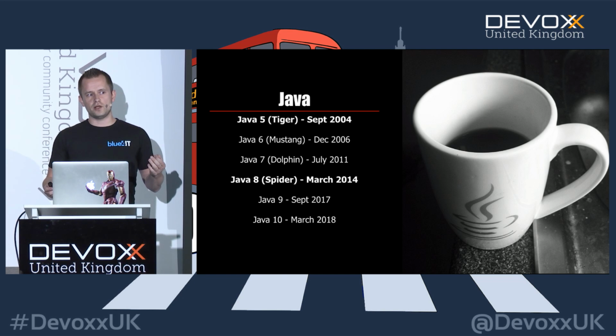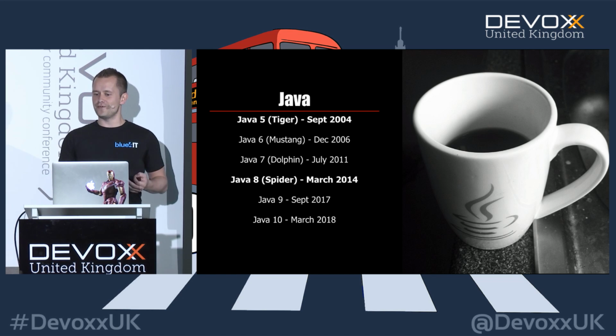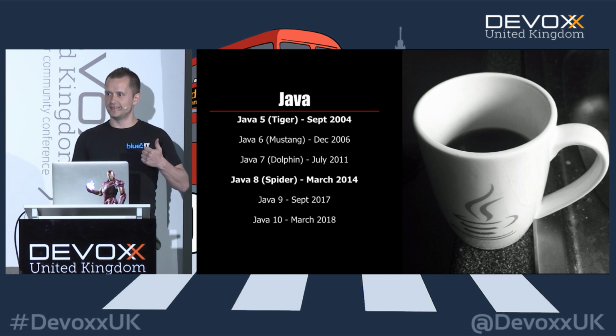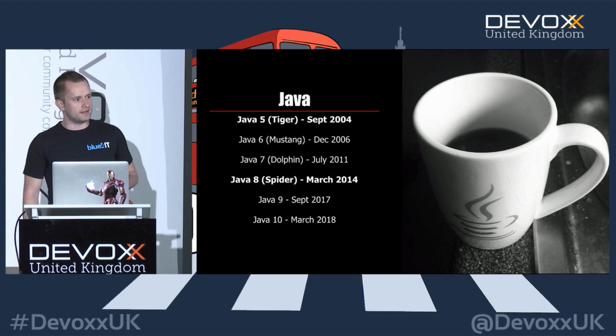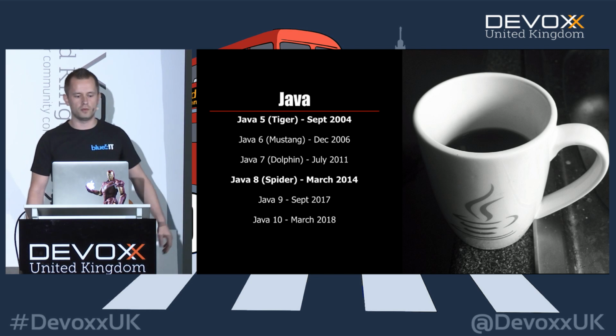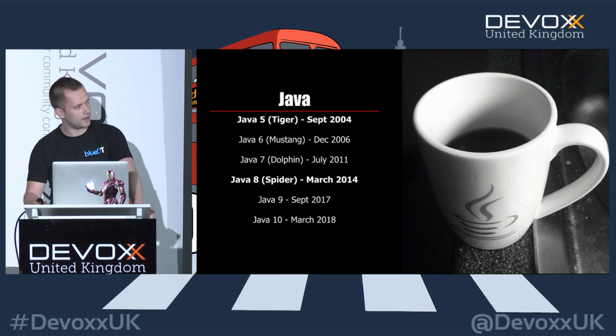Java 6, does anybody know what came in Java 6 as new features for us as developers? Shout it if you think of something. The most important parts were JDBC 4.0 and JAX-WS 2.0. Cool. Did that change the way we code? I don't think so. But Java 6 was there for a long time, until Java 7 came after so many years. We know the history lesson about that.